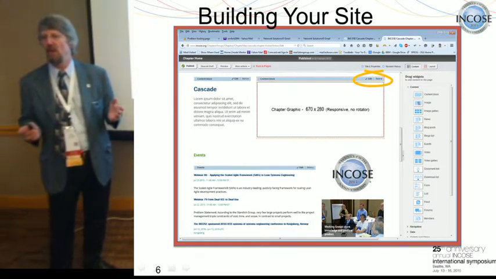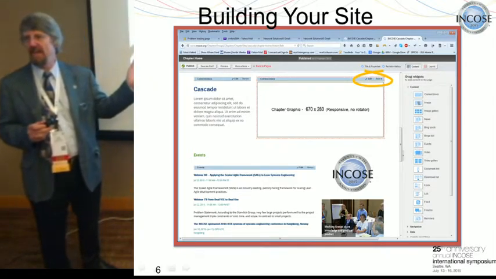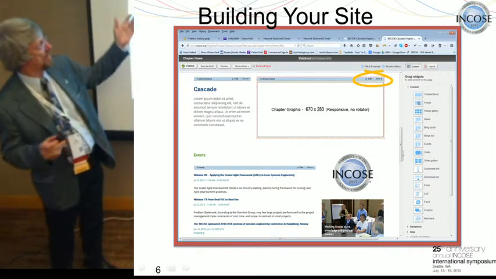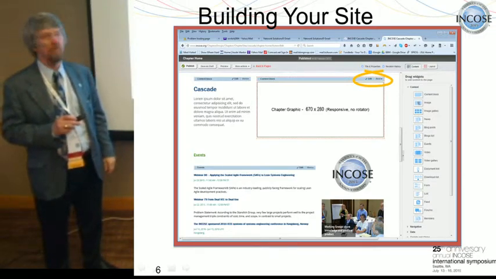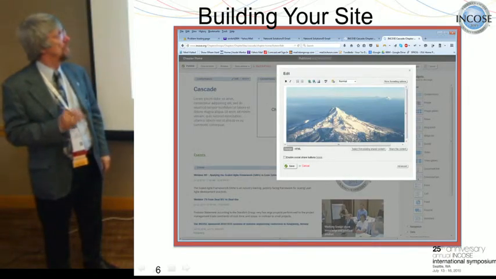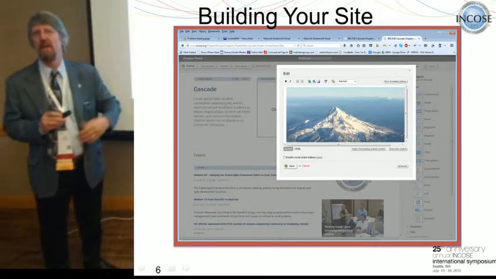We don't have a logo. But I'm going to put a picture in there, rather than it saying chapter graphic. A bit boring. So I'm going to go and edit. So I've highlighted up there the edit mark around that tab, and what we do is go and edit. Up pops actually a series of little dialogues that ask you